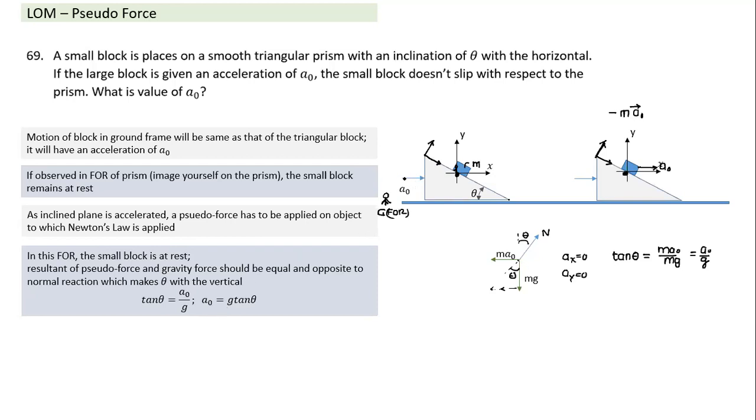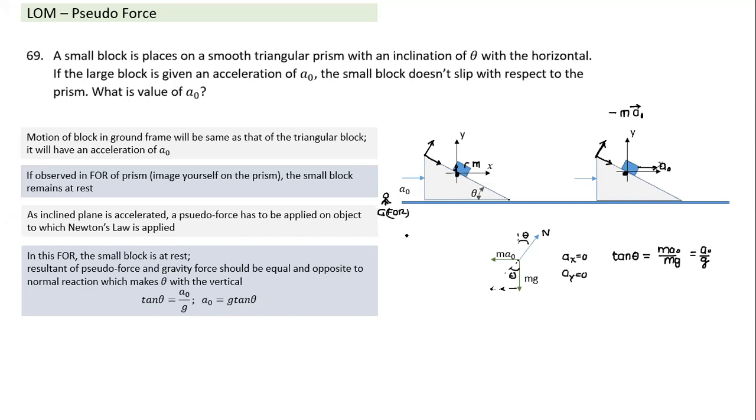So what will happen if a is 0? It will have a downward acceleration. If I start applying some acceleration, still it will move down the slope with reference to the prism. But as we keep increasing a naught, its downward acceleration will keep slowing down. The y component of acceleration becomes slower, and at a particular value of a naught the acceleration in the vertical direction becomes 0. So as we keep increasing a naught here, the y component of acceleration of the block will keep decreasing. When a naught is equal to g tan theta, a y becomes 0.